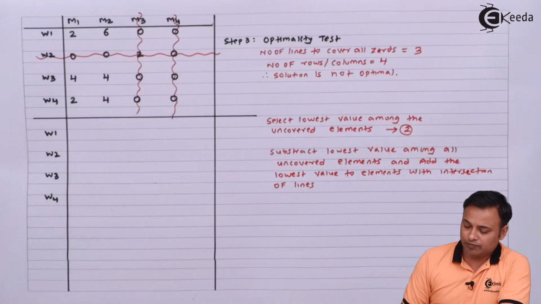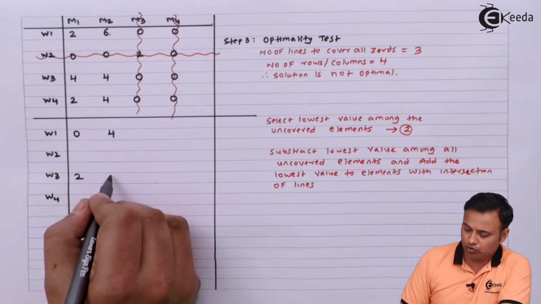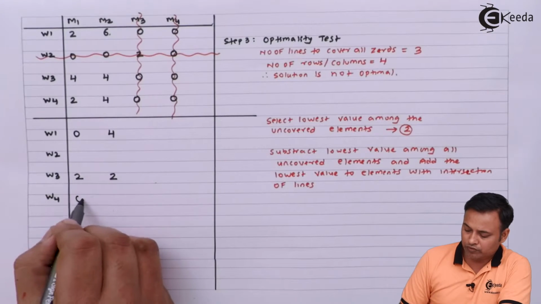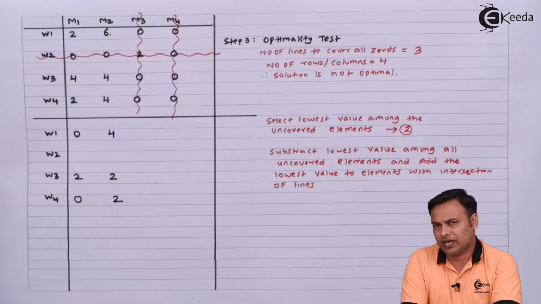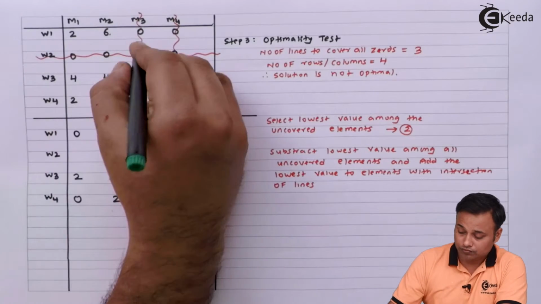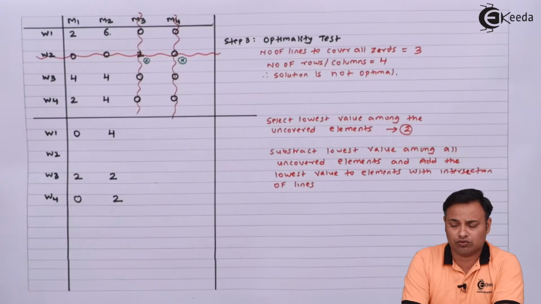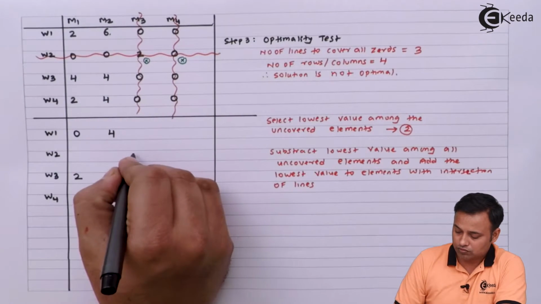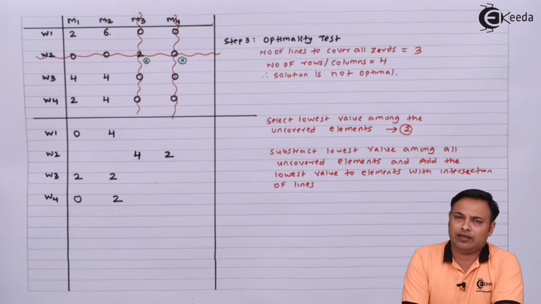So uncovered elements में 2 minus 2 it will be 0, 6 minus 2 it will be 4, 4 minus 2 it will be 2, 4 minus 2 it will be 2, 2 minus 2 it will be 0 and 4 minus 2 it will be 2। जहां पे डबल इंटरसेक्शन होता है लाइंस का at 2 and 0 इंटरसेक्शन हो रहा है अंडर द सेकेंड रो, ये दो लोकेशंस ऐसा है जहां पे आपके लाइंस का इंटरसेक्शन हो रहा है, हम यहां पे वो लोवेस्ट वैल्यू ऐड करेंगे। सो इट विल बी 2 plus 2 4 and 0 plus 2 2। जो सिंगल लाइन वाला एलिमेंट्स है, जो नंबर्स पे एक ही लाइन है, दे विल रिमेन अनचेंज्ड।